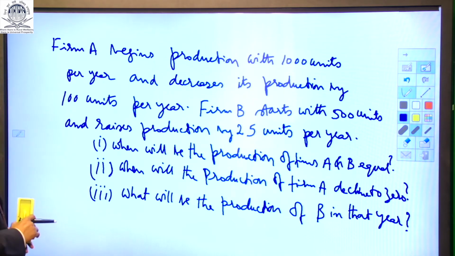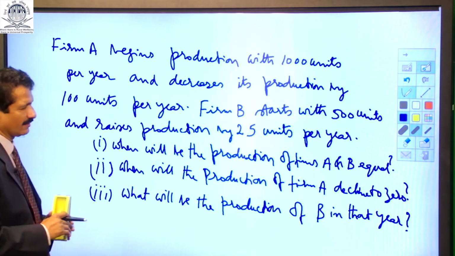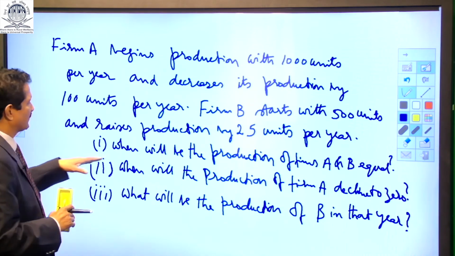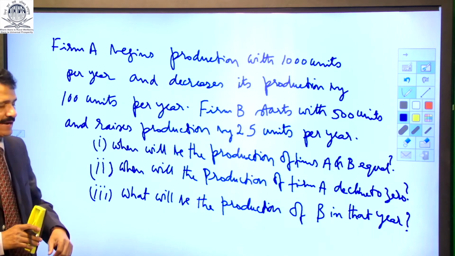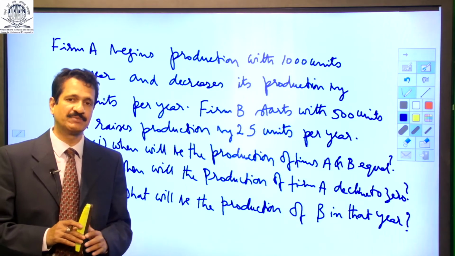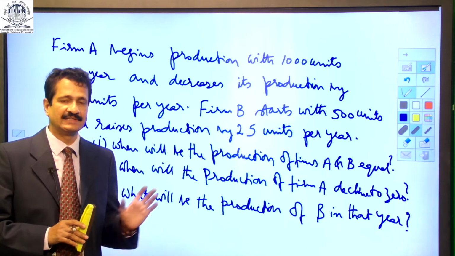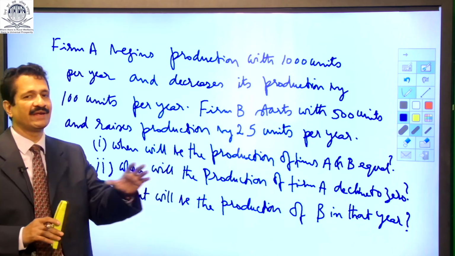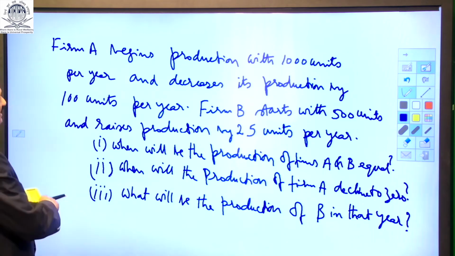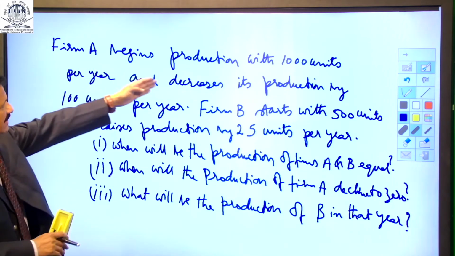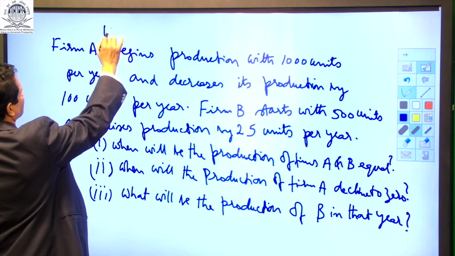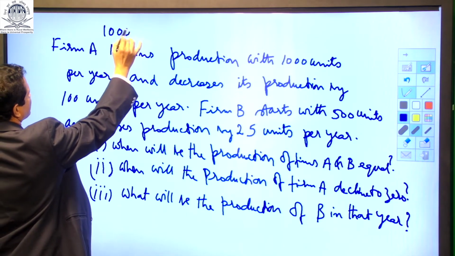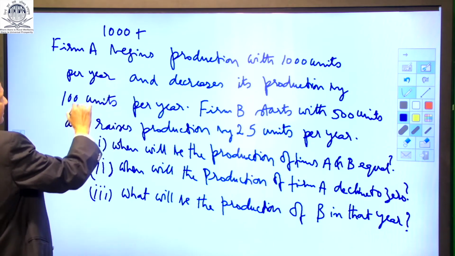So now let us start the problem. What is the question in the first? When will the production of firms A and B be equal? Let us assume that after n years the production of A and B are equal. Firm A begins the production with 1000 units. So after n years the production of A will be